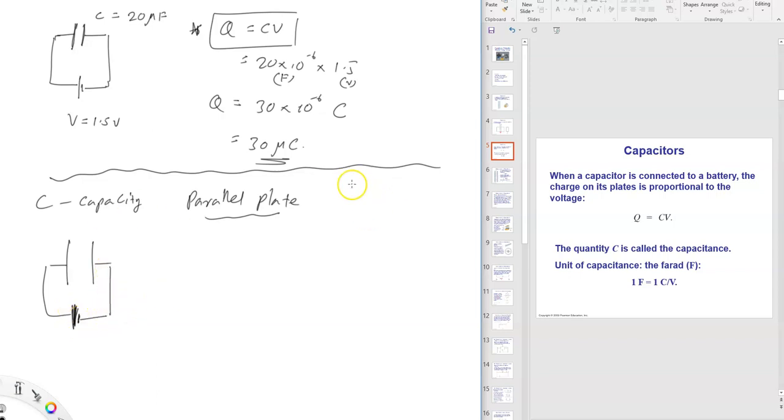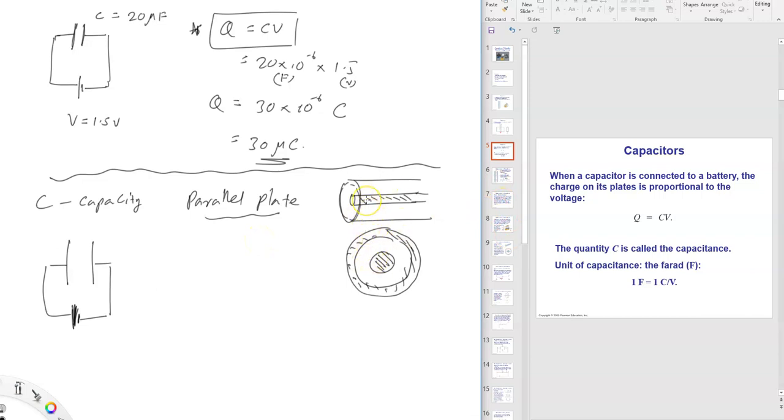There are other capacitors like cylindrical capacitors. You have a metal cylinder enclosed by another metal cylinder. So this is one cylinder inside the other one. So between them there's capacity. So that's one type, a metal sphere enclosed in another metal sphere like a metal shell. So these two are like two parallel objects, right? So that's another type of capacitor.